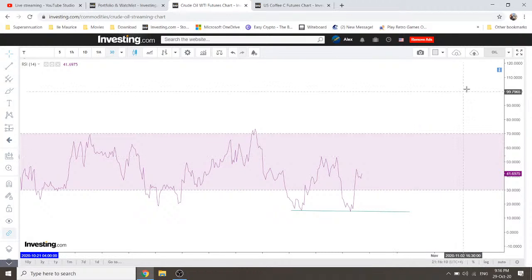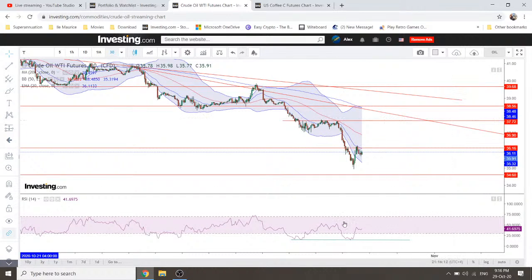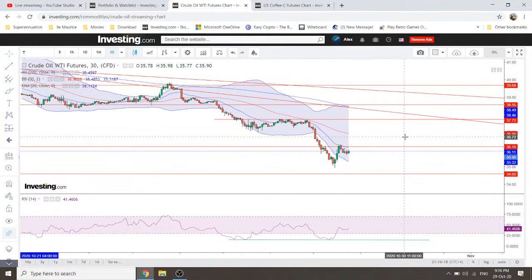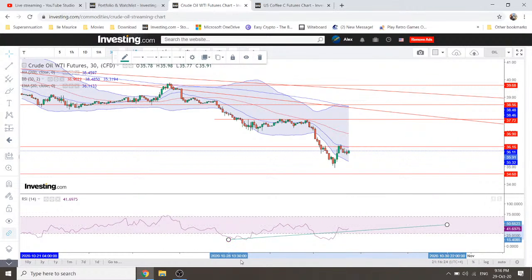It could actually bounce from here and revisit a higher level, potentially that line, but we need to see if it goes down one more time to set another divergence. That would be a little bit cleaner. Not the perfect example,